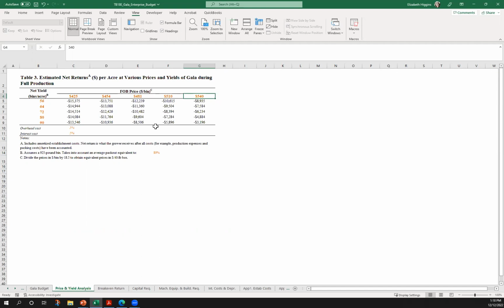A lot of times people get very fixated on the best possible scenario at the best possible price, and they run the numbers, and it seems like it could be a good option. But by having a good enterprise budget and doing some of this sensitivity analysis, you might realize, oh yeah, it could make money, but it's more likely not going to make money. And there might be options that actually have a better return for me. So that is pretty much what I have for enterprise budgets.